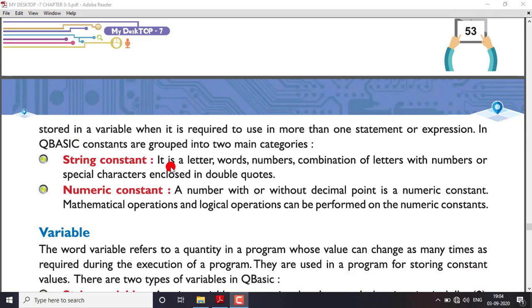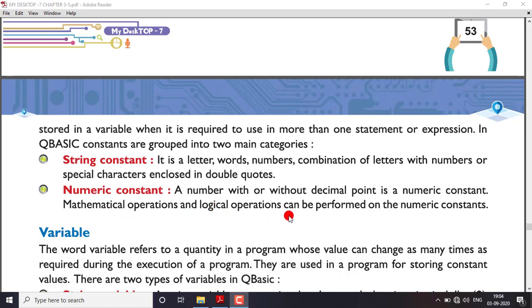First, string constant: it is a letter, word, number, combination of letters with numbers or special characters enclosed in double quotes. Suppose you have written your name in double quotes, that is an example of a string constant. And numeric constant: a number with or without decimal point is a numeric constant.